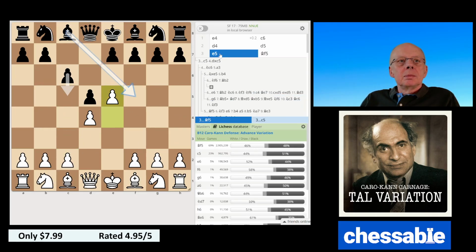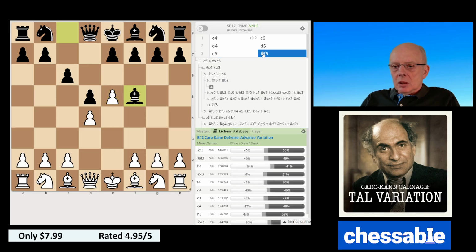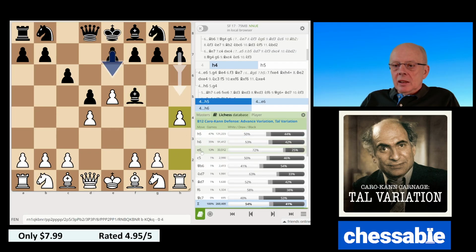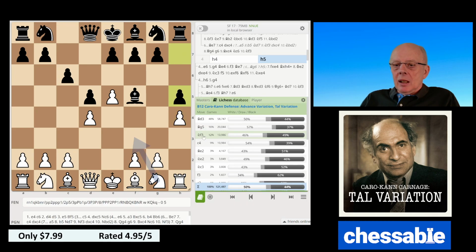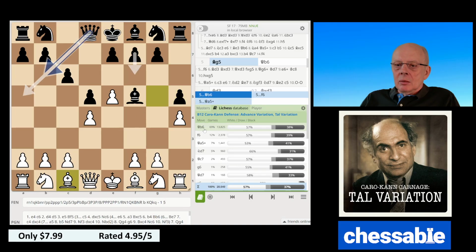So we go back. Bishop f5 played in 69% of the cases. In 13% of the cases the follow-up was e6. After f-right we play h4. Then we saw e6 winning a piece. After h6 we play g4, followed by bishop d3 and e6 with an attack over the light squares with the queen entering on g6. And after h5, which is the main line, we continue with bishop g5, and in most of